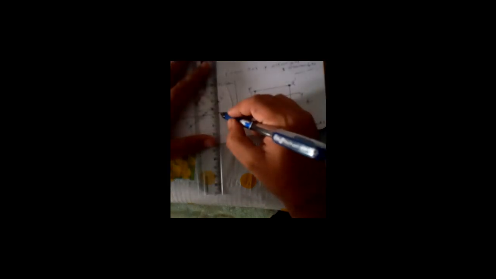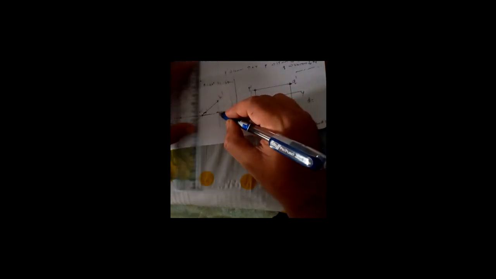Now they have said that the line is 50 mm in front of VP. Already said that the line is 50 mm in front of, which means AB is 50 mm below the XY line. So AB is 50 mm below the XY line; I'm drawing from A dash B dash, and also A and B, I'm drawing projection lines. A dash and A will be on the same projection line, B dash and B will be on the same projection line. So draw two projection lines from there, and from the XY line, from here